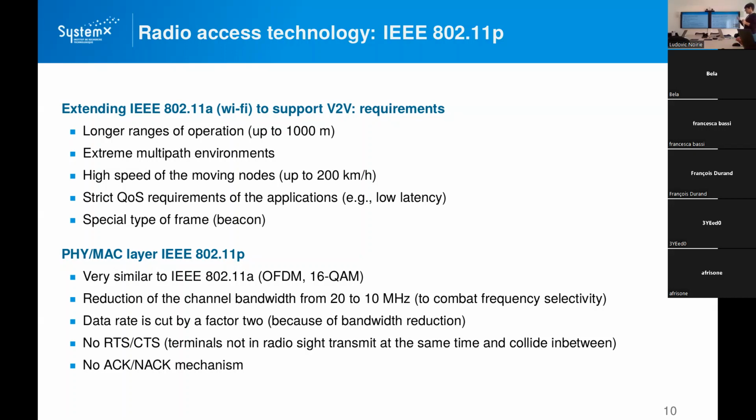And you do this because your channel becomes very selective in frequency. And so you need to have a narrowband channel to contrast this problem of selectivity. Of course, this has a direct impact on the data rate that you can send over this channel. And another thing that is not in this standard, but there was in the Wi-Fi,